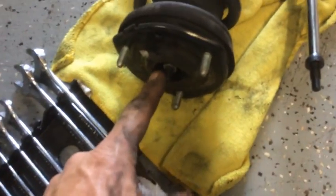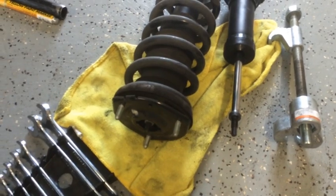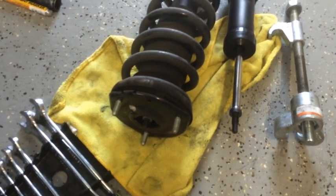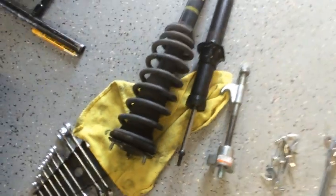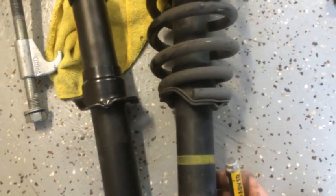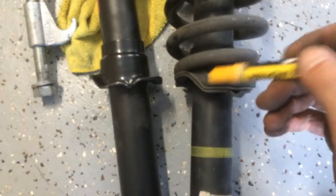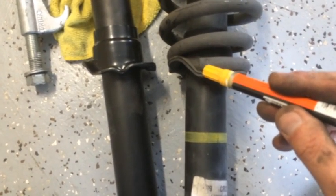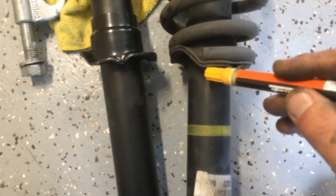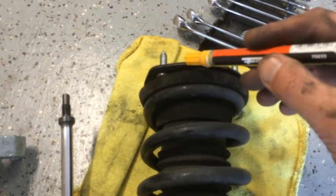The idea is to get this nut off the top of here and make sure the spring is fully compressed, so there's no tension on that nut. And then the other thing that I normally do, when I'm taking this thing apart, or before I take it apart, there's some alignment that has to be made, and I've got one of these paint markers, and I mark the thing at the bottom and then on the bottom of the strut, on the spring, and then on the top, on the spring, and then on this portion,